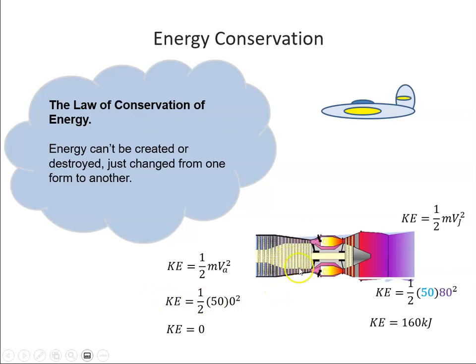If we look at the jet engine, again it was at rest, and it has zero kinetic energy here, whereas out the back we just calculated that it had 160 kilojoules of energy. So where did it get that energy? It got it from the fuel. So what this tells us is that the turboprop engine is more efficient in terms of fuel usage,